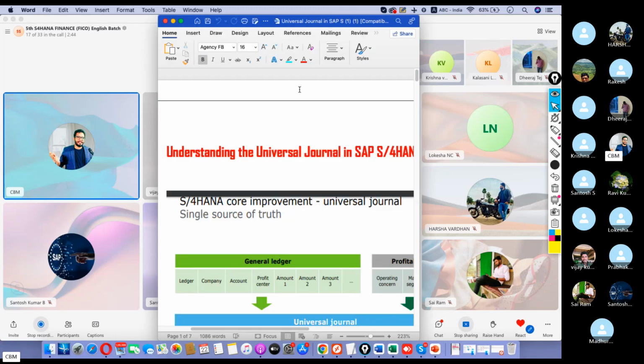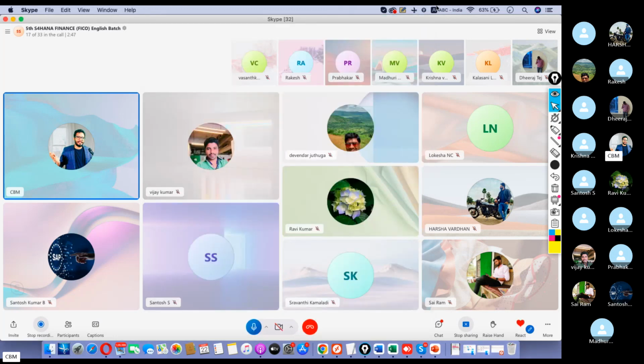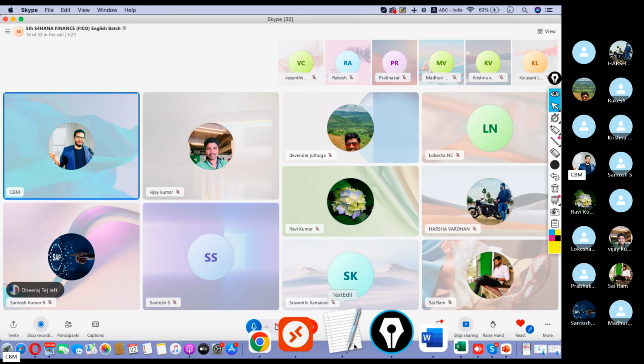Okay, guys. Very important topic. Last time we discussed only ECC tables, but today we will discuss only SAP S4 HANA tables. If you put 4+ years of experience and you have any ECC experience, then you need to tell the ECC tables to the interviewer if the interviewer asks you. But if you put some SAP S4 HANA projects, don't tell about the ECC projects or ECC tables. Not required, right? So SAP S4 HANA tables,